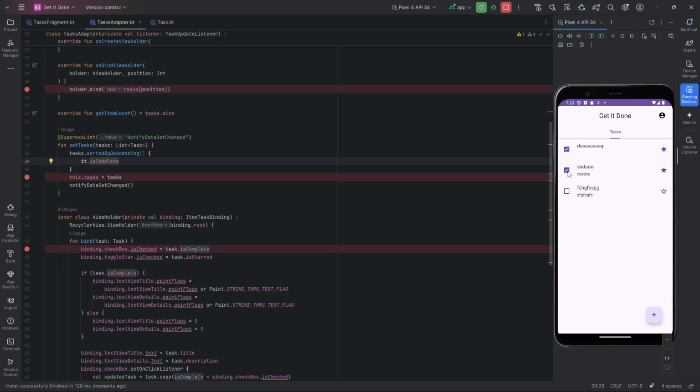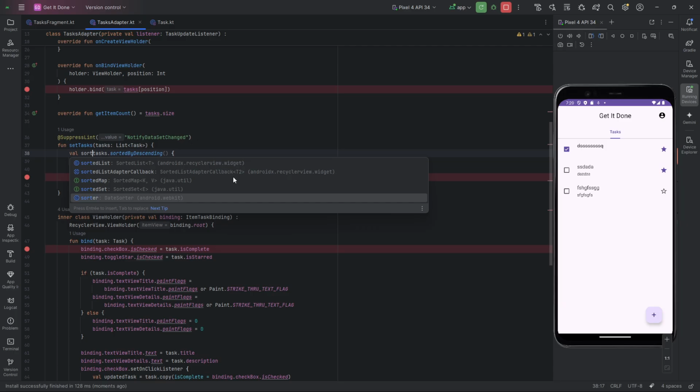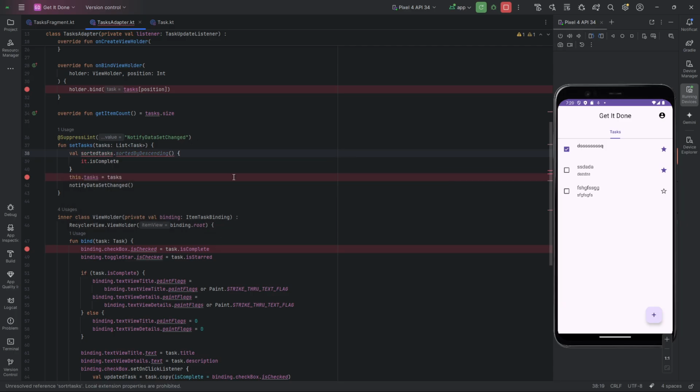So let's do exactly this. We'll make a new property which represents our sorted tasks. Okay, so sortedTasks equals tasks sortedBy it.title. And then this.tasks equals sortedTasks. And when we go ahead and run this now,